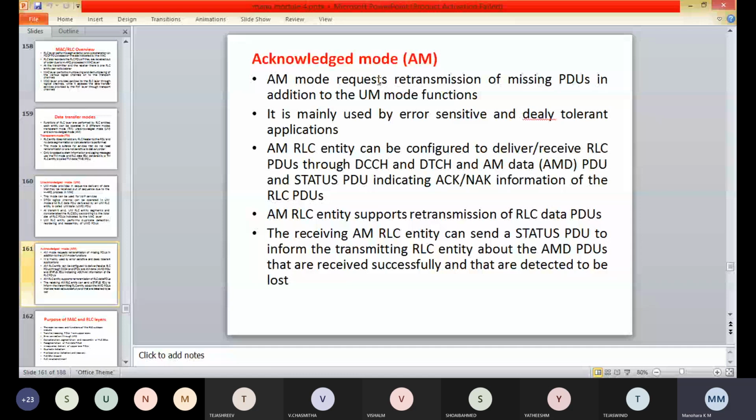This is about the data transfer modes, that is the transparent mode.